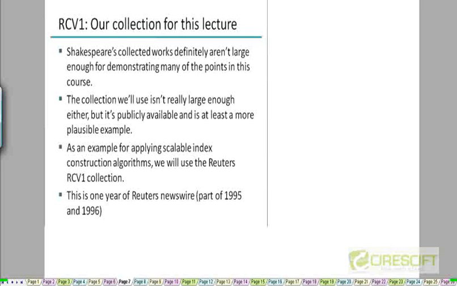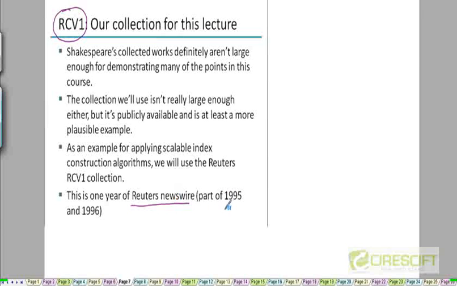So the other thing that we are going to assume in this chapter and also in the next chapter is that we are going to work with a larger corpus than Shakespeare's collected works. The collection that we are going to work with is called the RCV1 collection. The RCV1 collection is a collection of news articles that were wired from Reuters, which is one of the news companies, to various newspapers